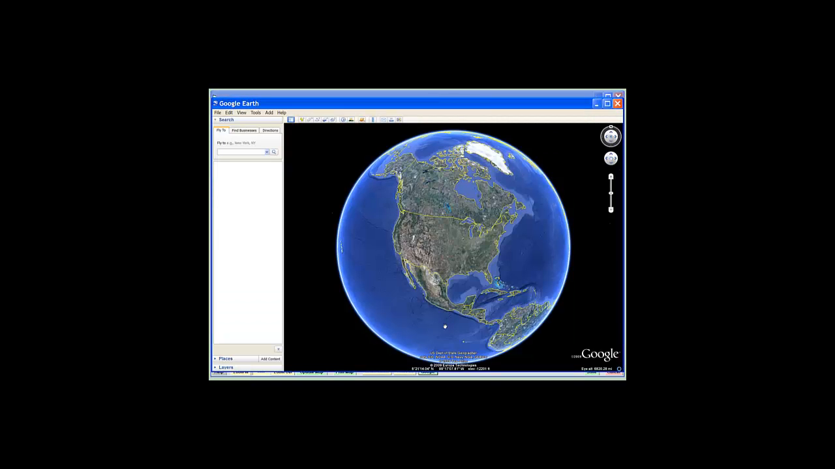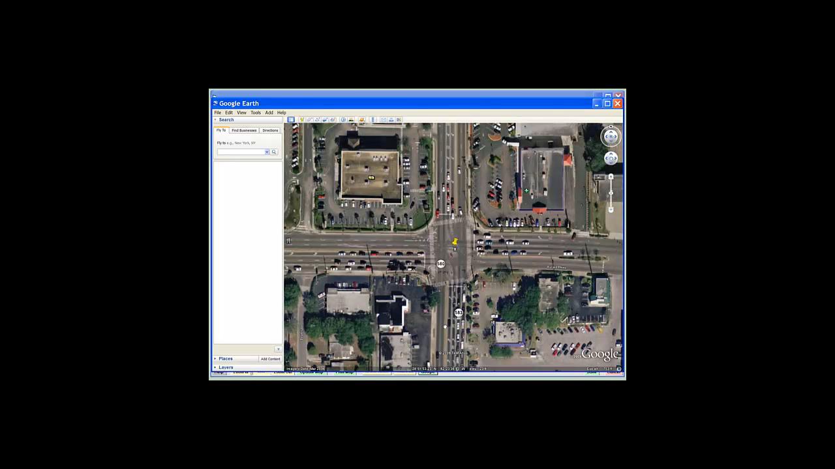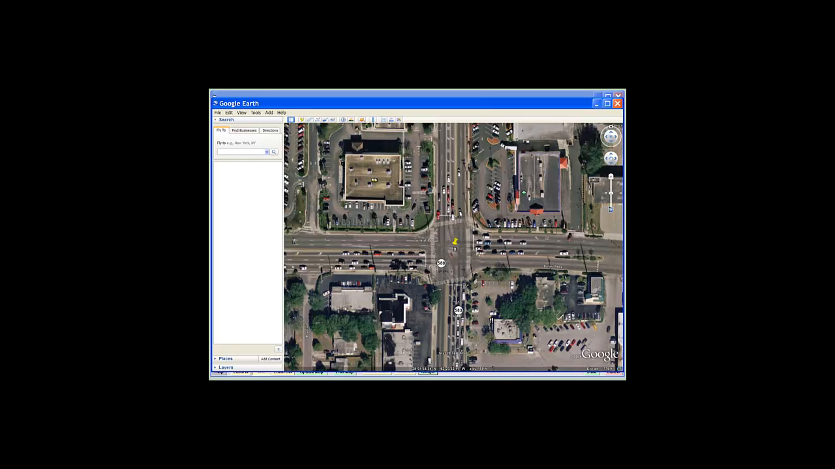Now, assuming you have Google Earth loaded on your computer, the software will run Google Earth and then zoom in to the spot that we selected on the screen. And you can see here that this is a very large intersection, and the road that we were on is this north-south road. And while we're in Google Earth, you can do the normal commands that are available in Google